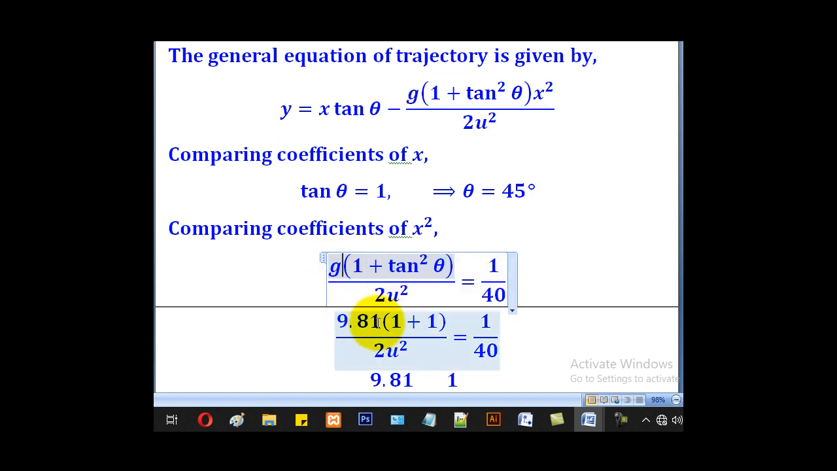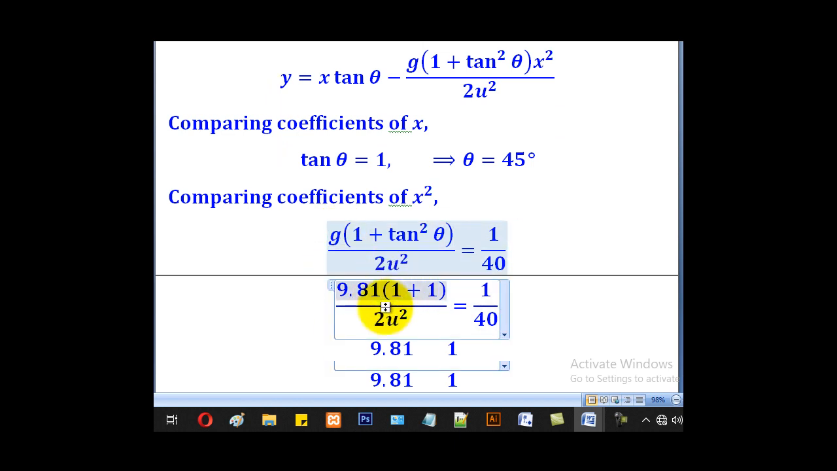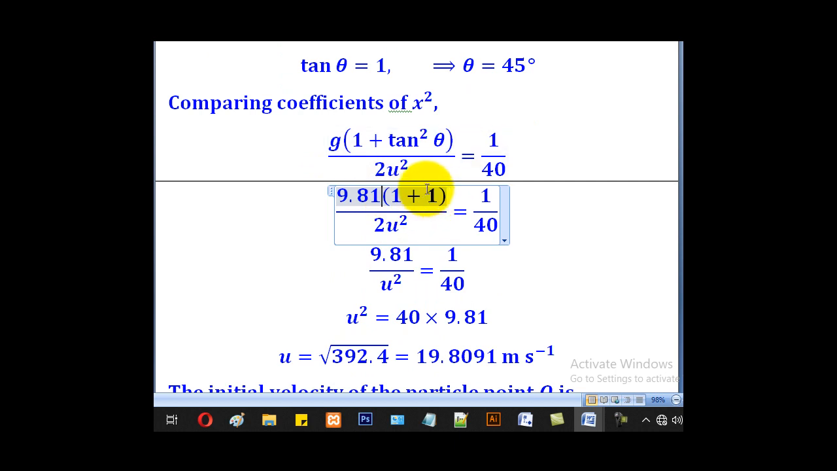And g is 9.81, so substitute 9.81 there. So this 2 will cancel with this 2, so the numerator will just remain 9.81, and the denominator will just be u squared, just as it is in this step. So when you cross multiply, you shall come up with u squared as 40 times 9.81. Make u the subject, you shall get the square root of